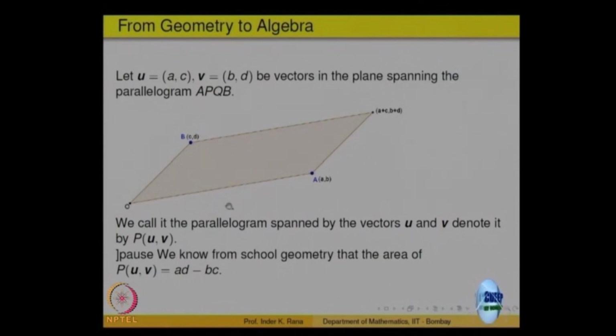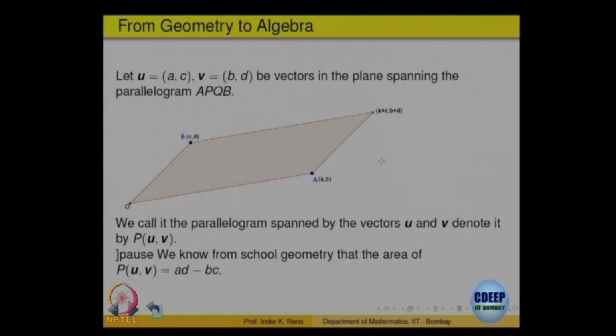So, suppose you are given a parallelogram defined by two vectors. Let us say one vector is AC and another vector is AB. So, these two vectors, this is U and this is V, and they define a parallelogram. Any two vectors define a parallelogram by drawing a vector parallel to each. So, if you recall your vector algebra, the diagonal of this parallelogram gives you the sum of the two vectors,